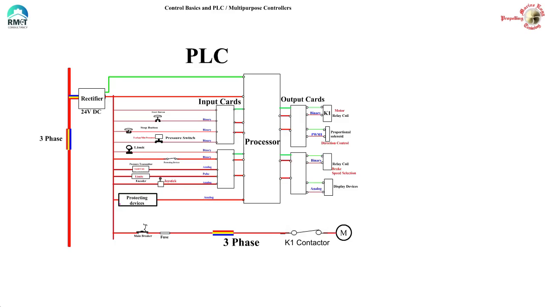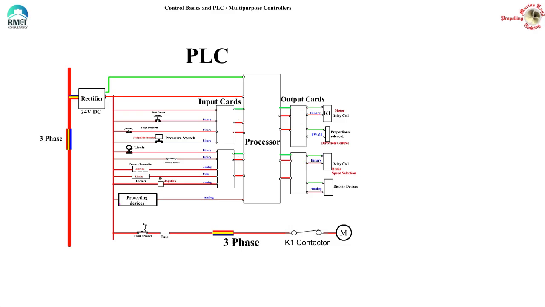The inputs and outputs can be extended by adding cards as desired. Each card can accept and generate a certain number of signals and certain types of signals. The PLC can be completely reprogrammed to operate any equipment. The control logic can even be completely changed. The same hardware can be used to operate, say today a compressor, or tomorrow a crane, or the day after tomorrow